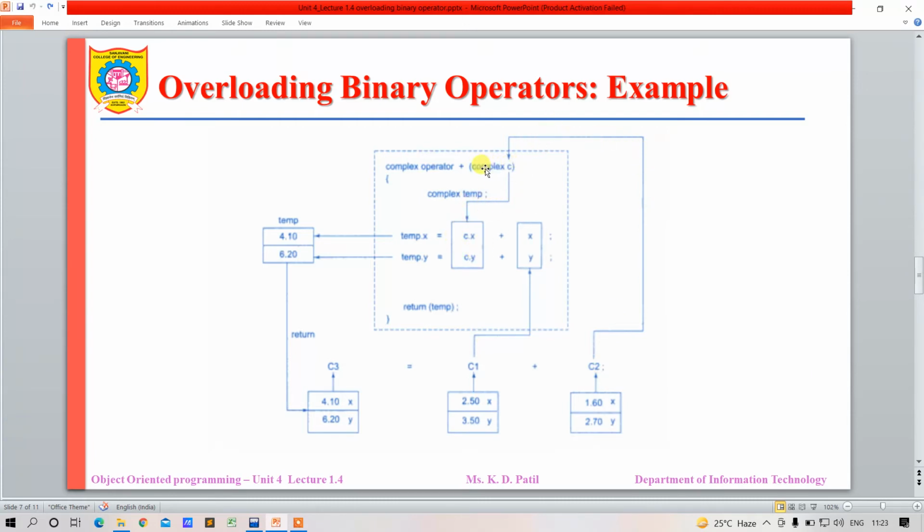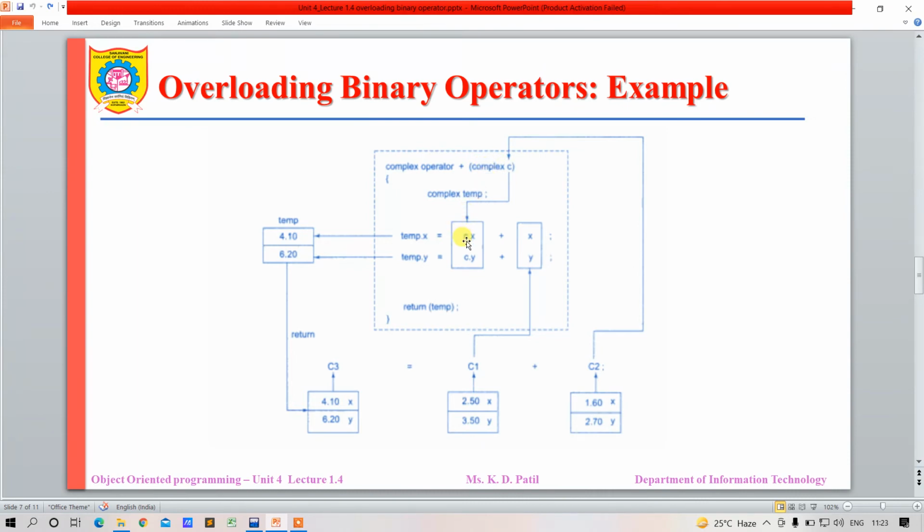Here we have a parameter C. So with the help of this parameter C, we are going to take the real part and the imaginary part of the second complex number. If you want to take the real part and imaginary part of the second complex number for our operation, we have to take the help of this parameter, which is an object of class complex.